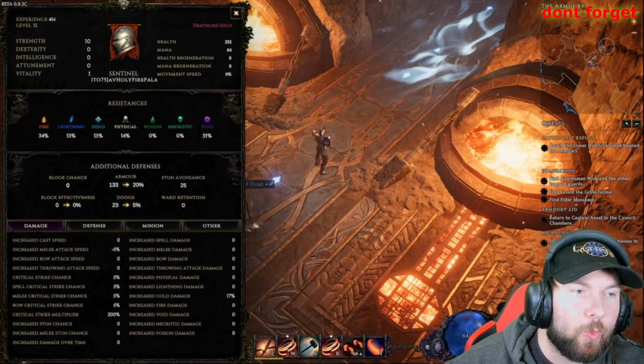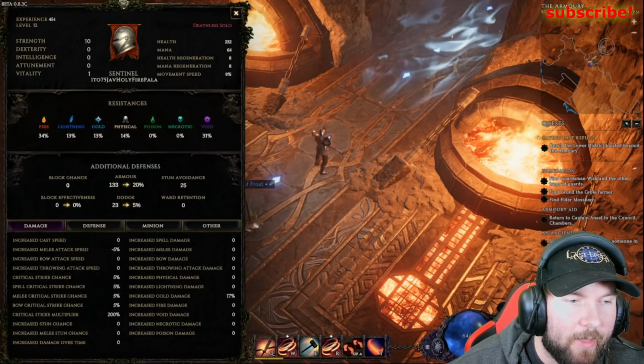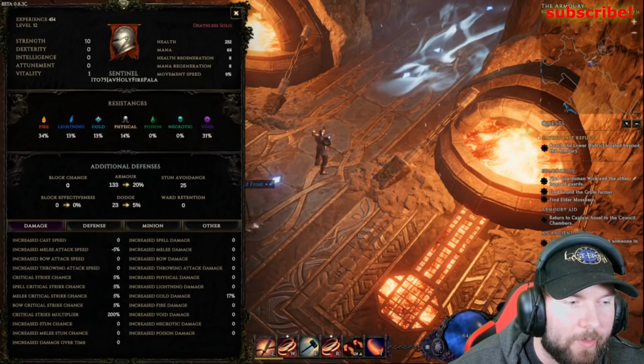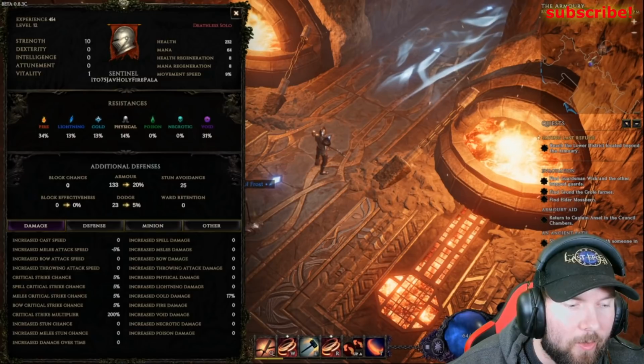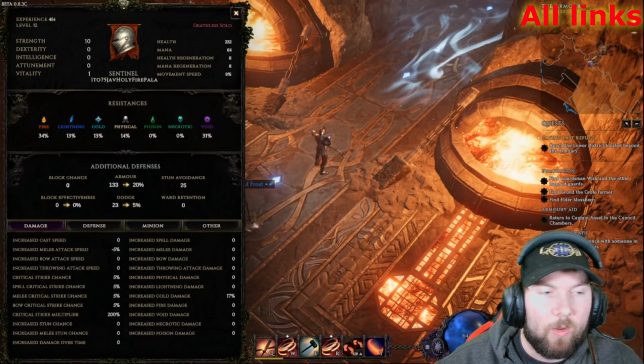Alright, Travelers, we're now level 12. We got just over 230 HP. Still working on our resistances. We have gotten our Void up quite a bit, which has been pretty handy. Got about 20% armor, and for damage, again, just a two-handed weapon and inside a Warpath, taking all the added